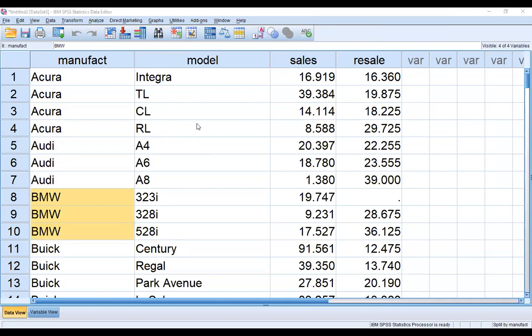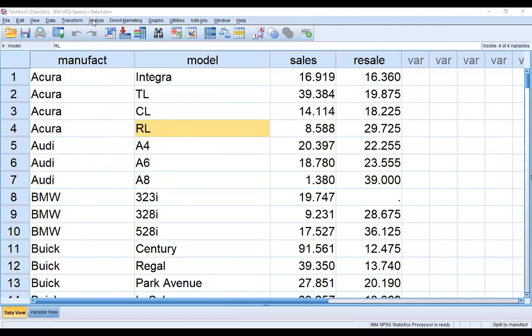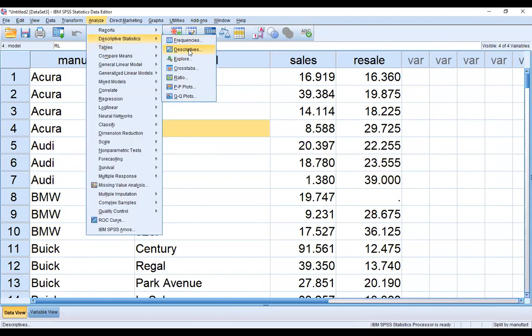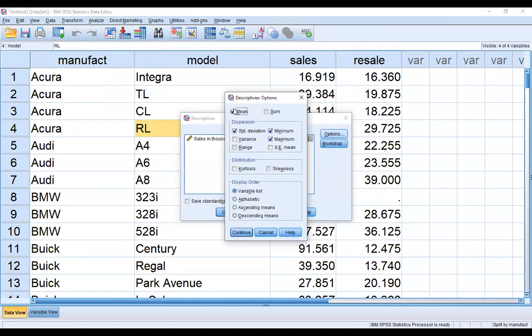So I am taking the mean value: Analyze, Descriptive Statistics, Descriptives, and for the sales variable, transfer it here. In Options, I need only the mean, so I am unticking standard deviation, minimum and maximum.